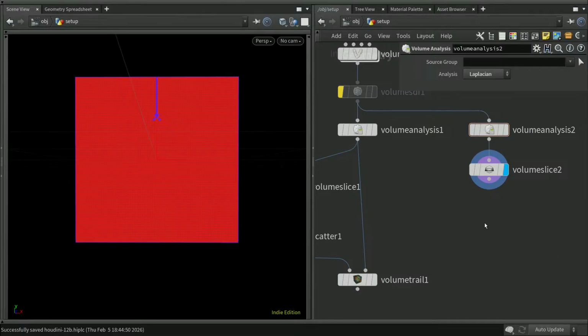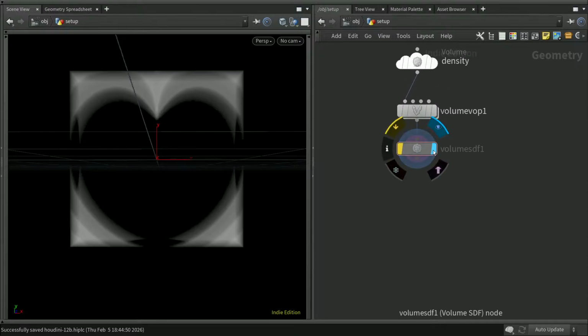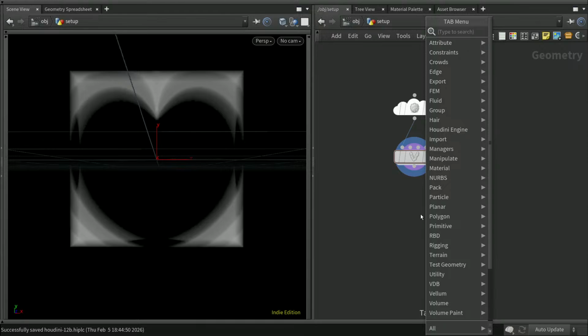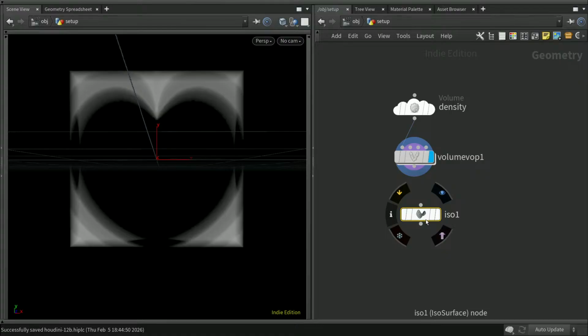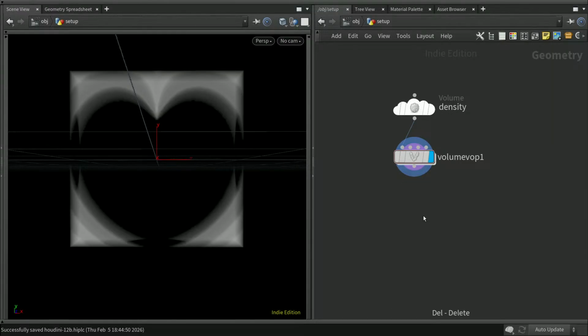So let's remove these analysis parts now. Let's go back to our signed, we don't need this either. So now we have a signed distance field. And you can convert this to geometry. So if we press tab and let's try ISO surface. See if this will work here. Actually, let's skip this one. Let's use instead